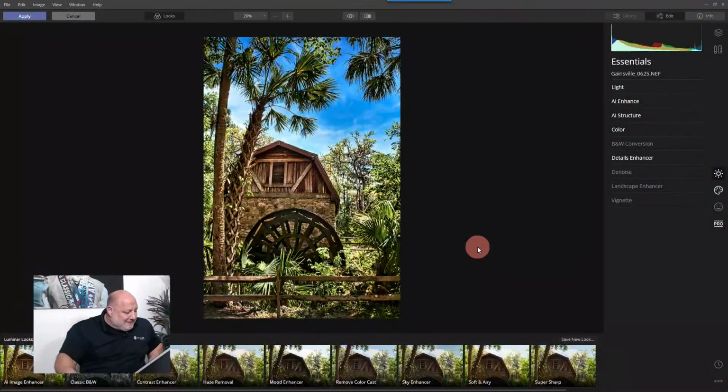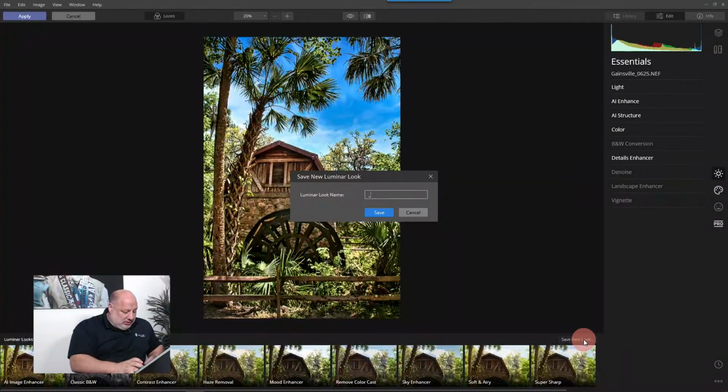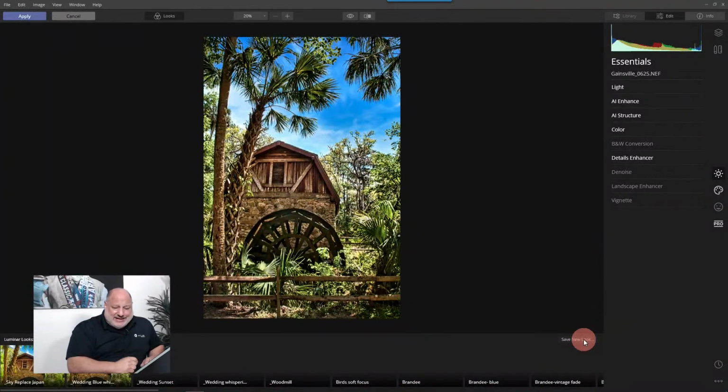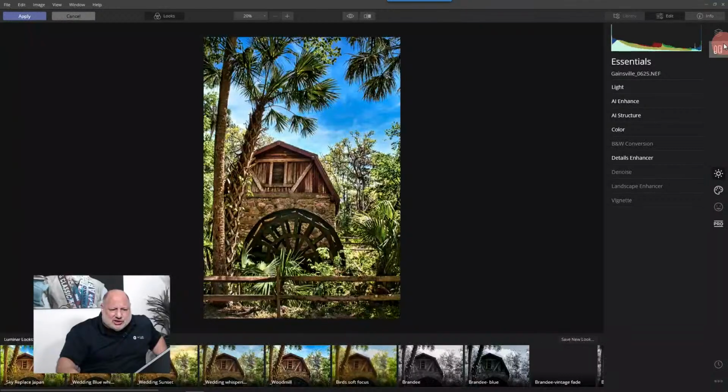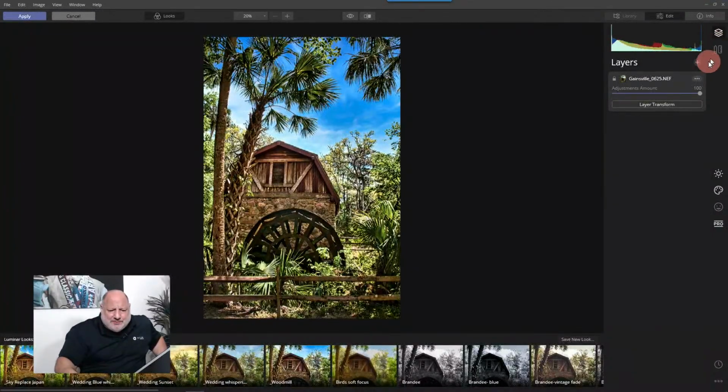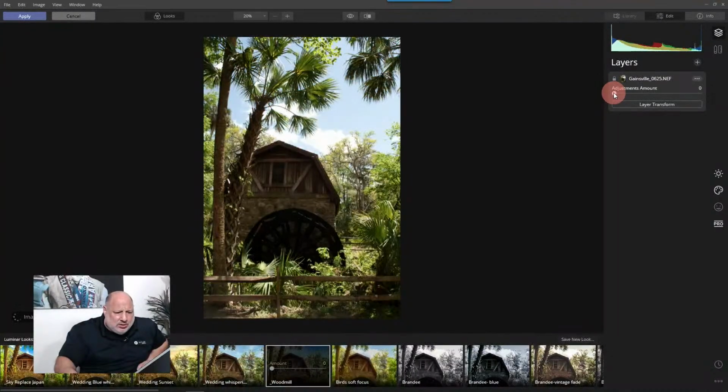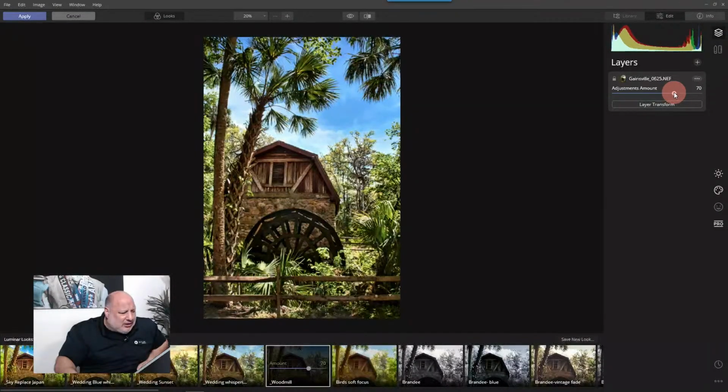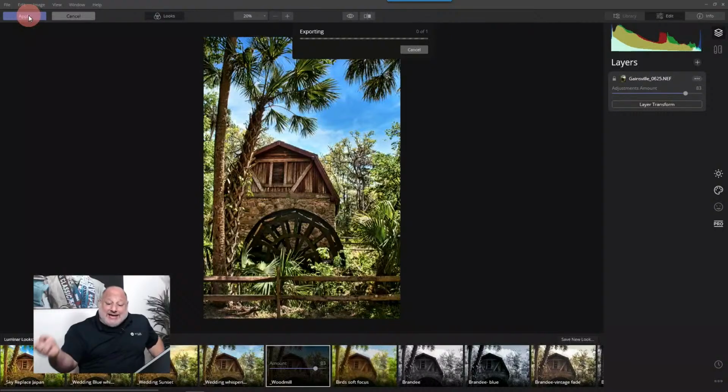So let's say we're back here. Now I've already created this look, but we'll do it one more time. Save Luminar look. I'll do underscore woodmill. All right. And now I saved it. If I feel the effect is too great, we'll come up to the top layers and we'll adjust it, all the tools together. So I'm going to go to 0, and then gradually go between 50 to 80%, right about there. Great. And then I click apply, and now it's going to take me back with the new changes into Luminar,